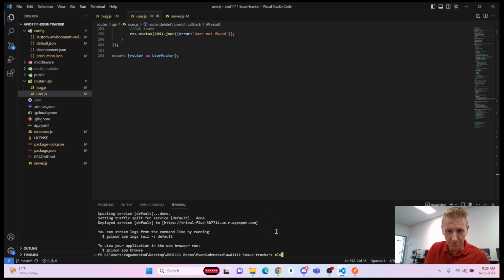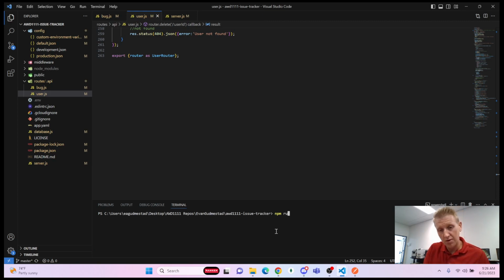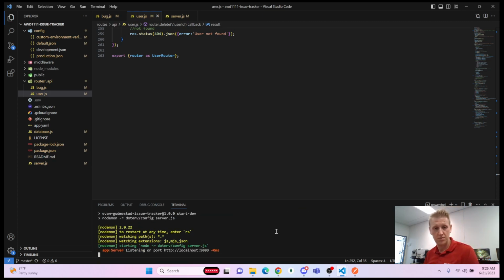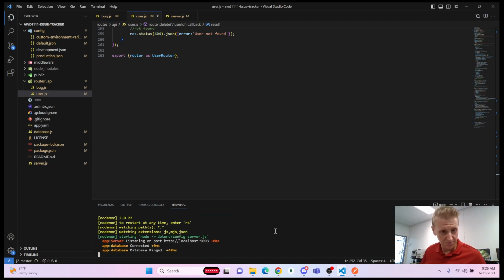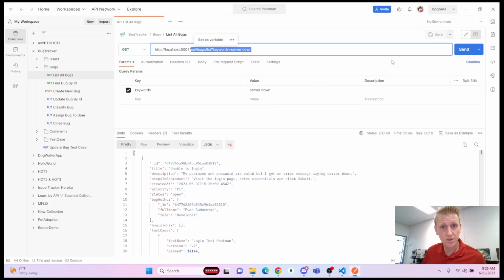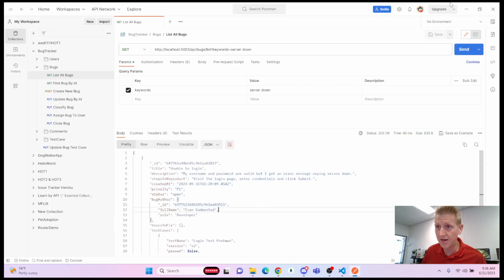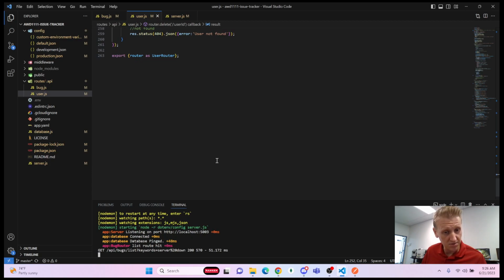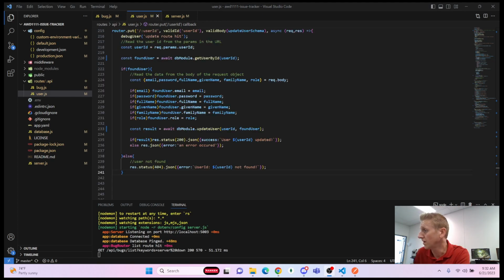And so now I should be able to run it. We're still connected. We can still get our data, and really nothing's changed, just a little code refactor. Good. Okay, so now that we've cleaned some things up a little bit and